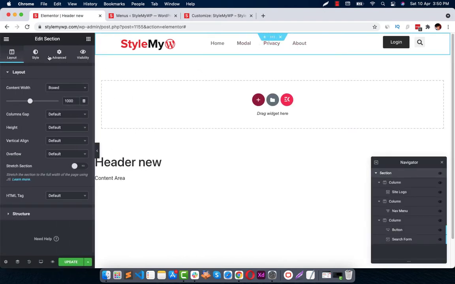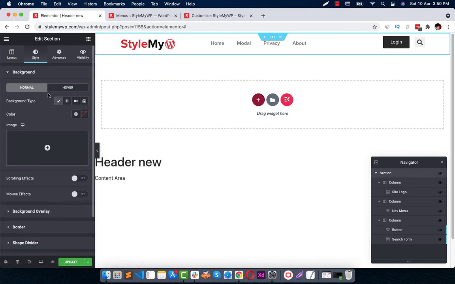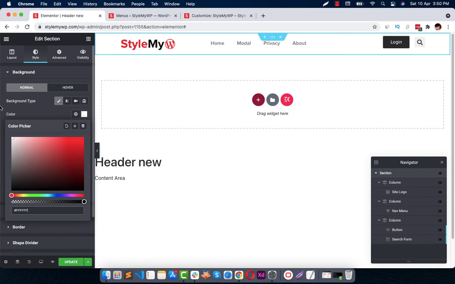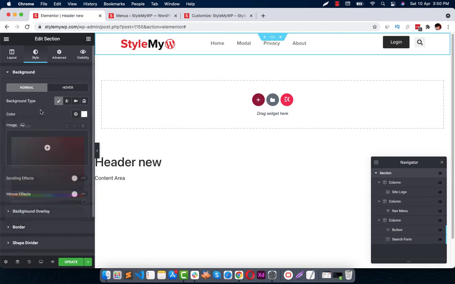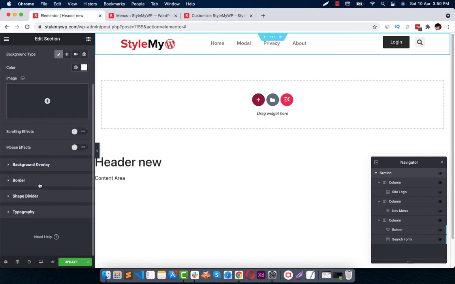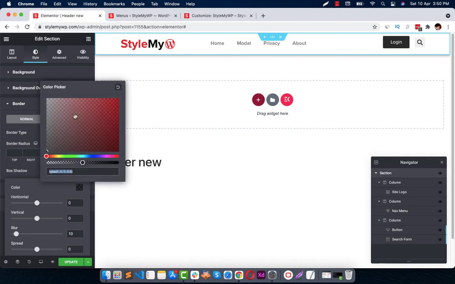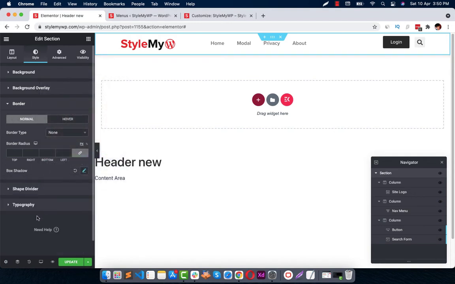You can also do these things like change the section of your header, background color. My logo has not a transparent background, so it doesn't look good, so I can keep this to maybe this one, white only, and I can give it a border shadow because it is mixing up very much, like this.